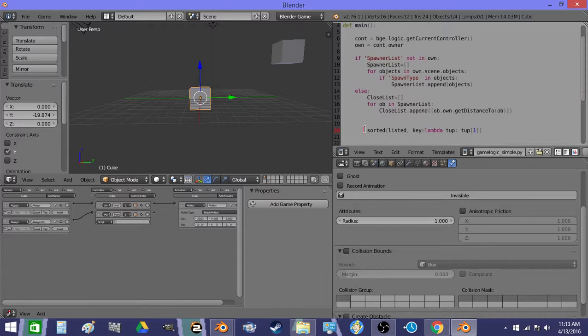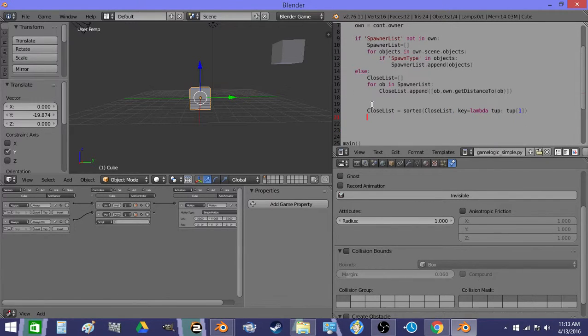That's what we're going to need. So now all of the enemy spawn hooks are sorted in order. And